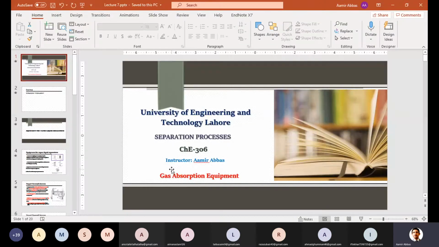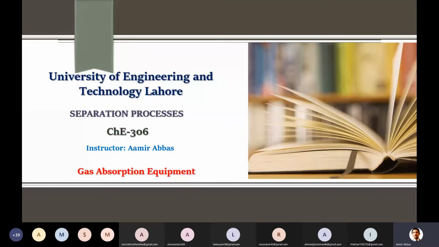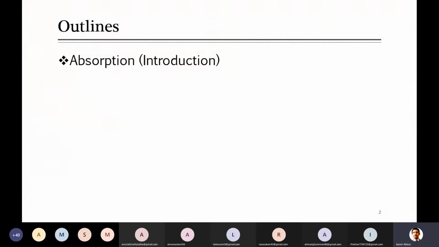Bismillahirrahmanirrahim. Today we are going to start with the absorption equipment. Generally, we will discuss the main absorption equipment which we have to cover in this syllabus. Those will be started today. I think maybe they will be covered in this lecture or some portion will be covered in the next lecture, and then we will move towards the design inshallah in the next week.